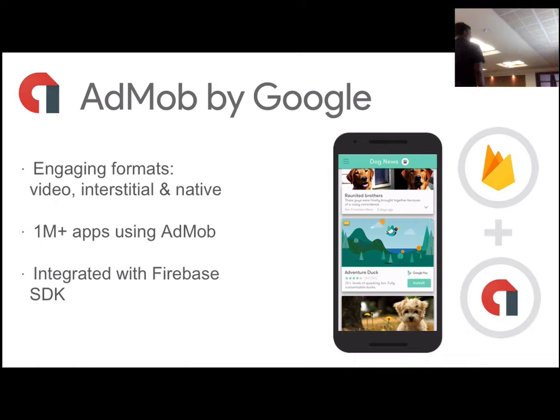Yeah, AdMob. If you want to earn money, you can target your audience based on AdMob. You can use engaging formats like videos, interstitials, and ads. A lot of apps are using AdMob. You can integrate it with the Firebase SDK, and I don't know if it can be used with predictions as well, but if it can be used with predictions,